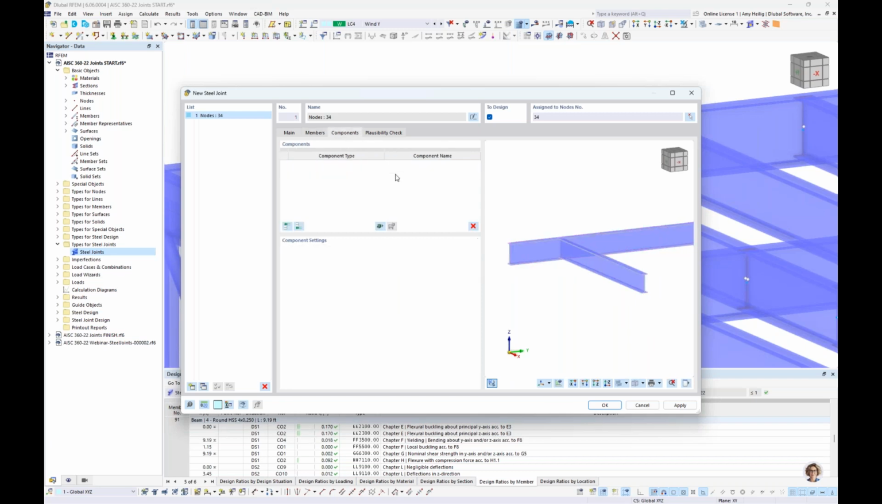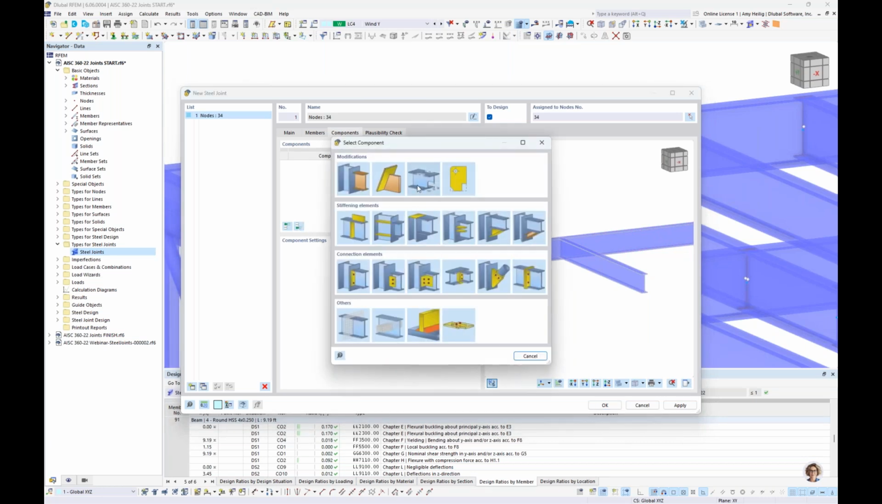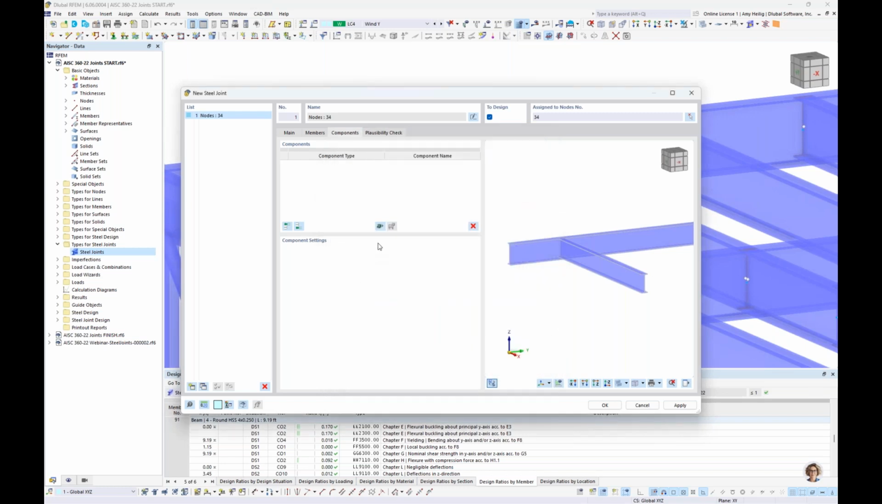So then we have our components. We can individually insert the connection components here. You can see the different categories where I can insert a plate, or perhaps I have a haunch, or maybe for this connection, we will take advantage of a cleat. Now, alternatively, we can also utilize our library. So if we launch the library,